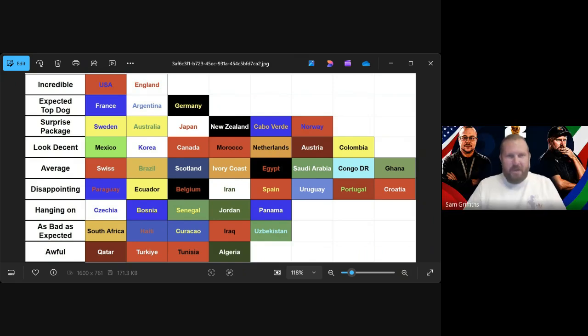It was a funny one. But the irony is with South Africa, after their penalty against Czechia, they're still in it. We've put them as bad as expected, but Czechia as hanging on. I guess South Africa are hanging on too. Both teams have got a relative chance in their last game. South Africa have got Korea, and Korea will need to win that game. So I hold less hope for South Africa, but Czechia could spring something against Mexico.